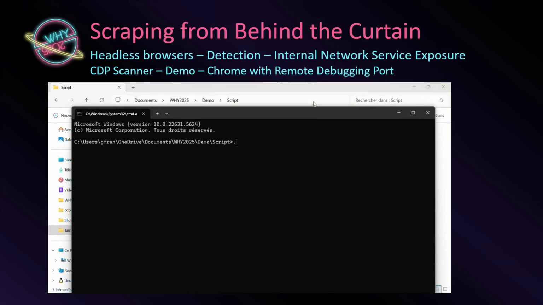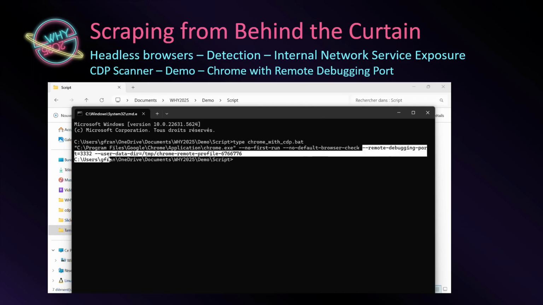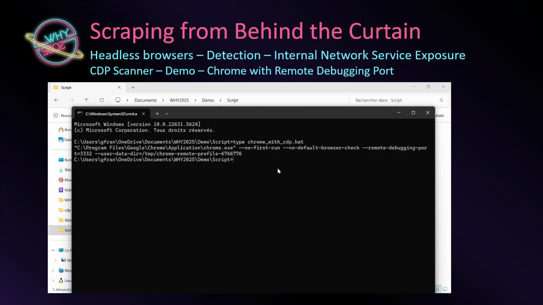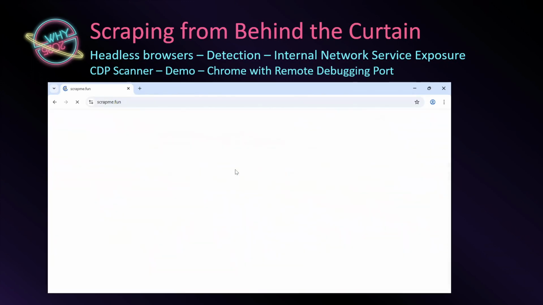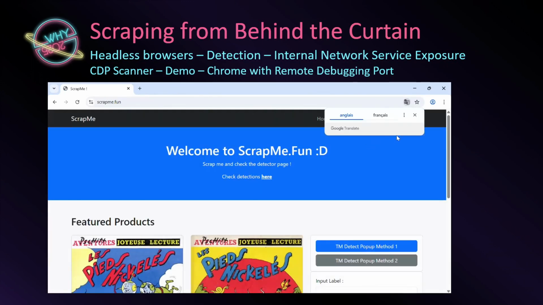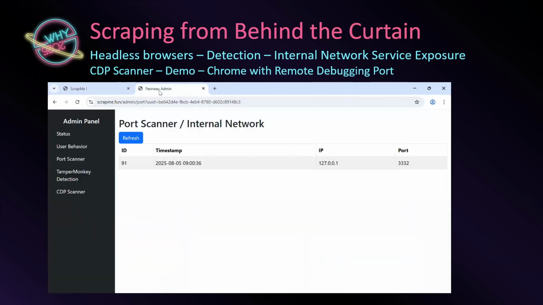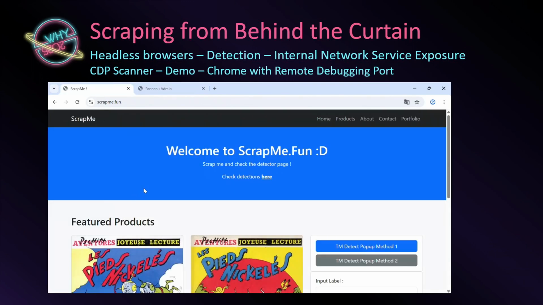So we'll just give you the demonstration of our POC. First, I start Google with the remote debugging port. When you run Google with the remote debugging port, it starts a CDP service. So I put the port 3332. Sorry, the port scan takes some time. As you can see, we have detected the port 3332, but we don't know yet that it's a CDP,